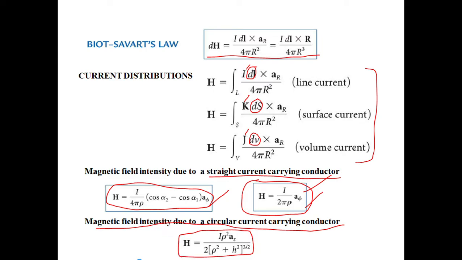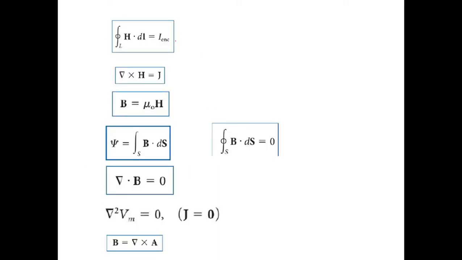And in the next class we discussed Ampere's law, which stated that the closed integral of H vector dot dl will give you the current enclosed. So if there is a current carrying conductor like this, with this as the center, the direction of the H vector will be like this, correct? So over a closed integral, if you integrate this H vector, it will give you the current enclosed by